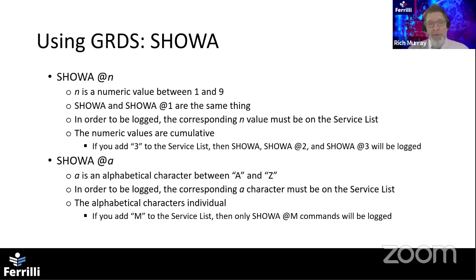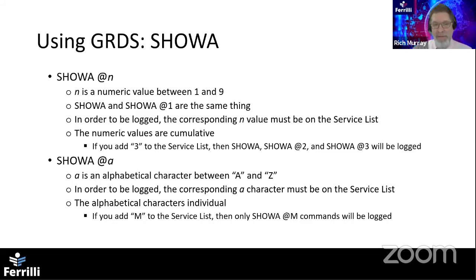There's also an option to use an alphabetical character between A and Z with the @ sign. In order to be logged, the corresponding alpha character must be in that service list. And the alphabetical characters are individual, which means if you've programmed something with a ShowA at M, for example, the only way you'll ever see that command end up in your log file is if you add the M to